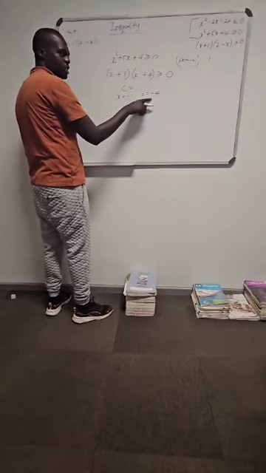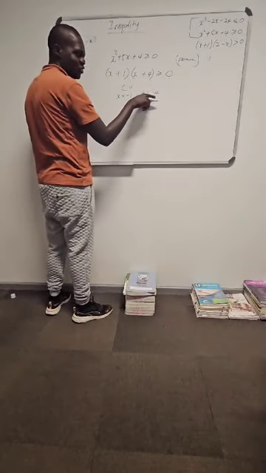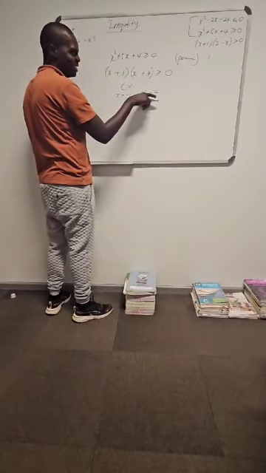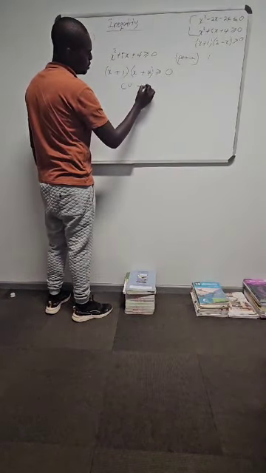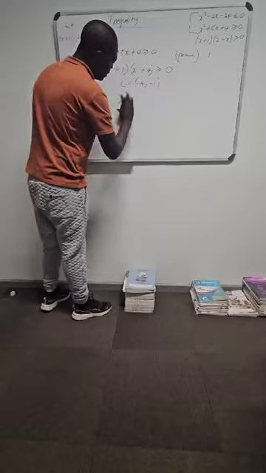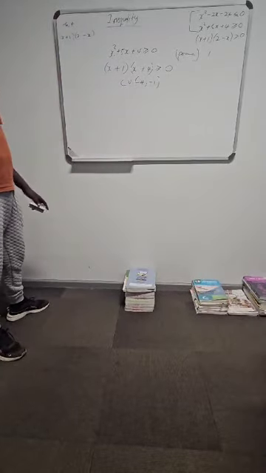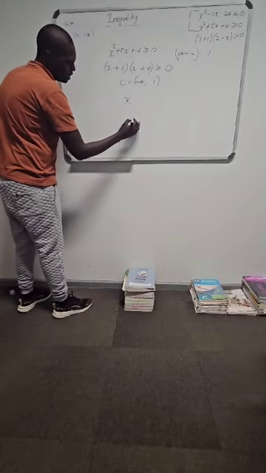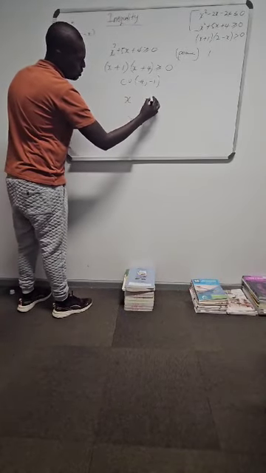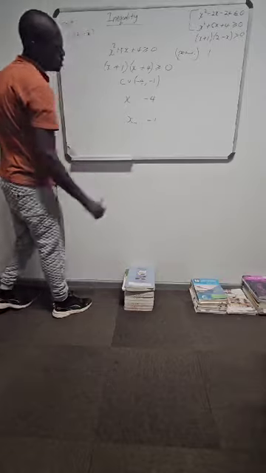This number is the smallest. People that didn't do proper mathematics will say that this number is very, very big. So these CVs, if I arrange them in order, are minus 4 and minus 1. Then we say that this is a fight. A fight must have two answers. So there is my first answer here, there is my second answer here. My first answer is minus 4, my second answer is that one.